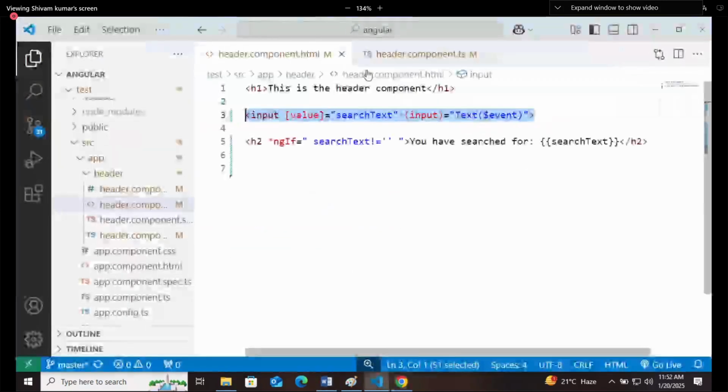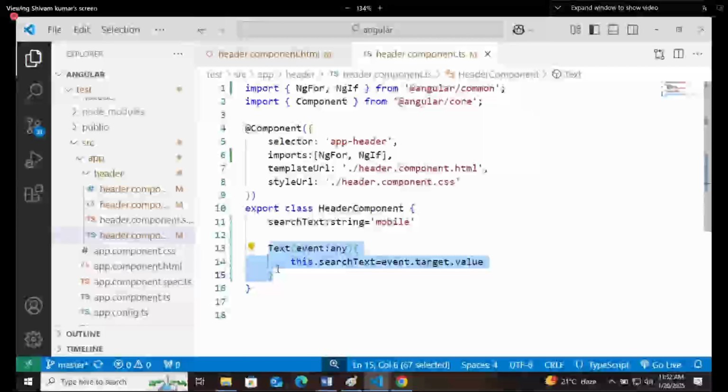And then you can define the function in this way. That's it.